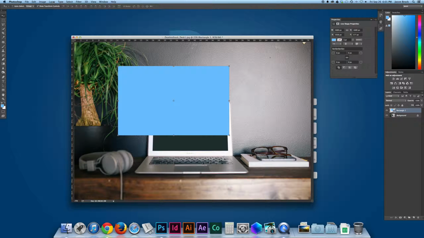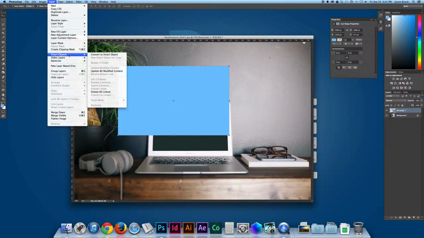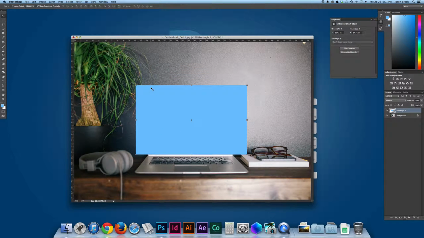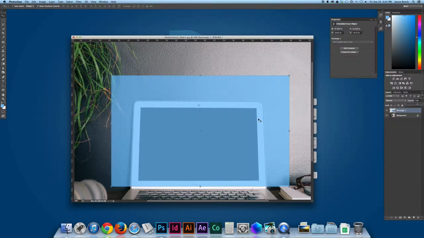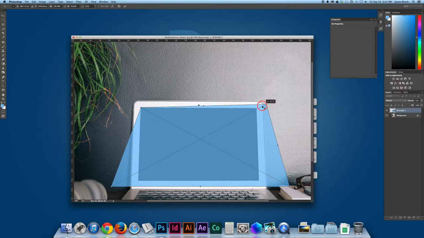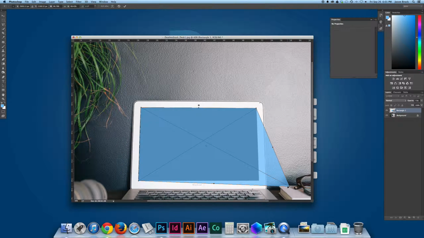So with your new object selected, click Layer, Smart Object, and then Convert to Smart Object. And that's really the big key here. Once that's done, drag it somewhere into place. Once it's a smart object, I like to play with the opacity so that I can see exactly what I'm doing with this image. So holding the Command key, you'll notice that my mouse turns into a little white icon at the corner, and I can do a free transform. If I hold the Command key while I'm clicking and dragging, I can free distort this thing however I want.